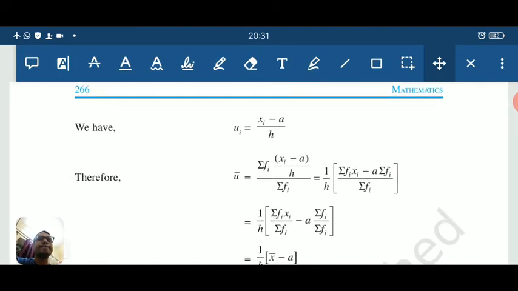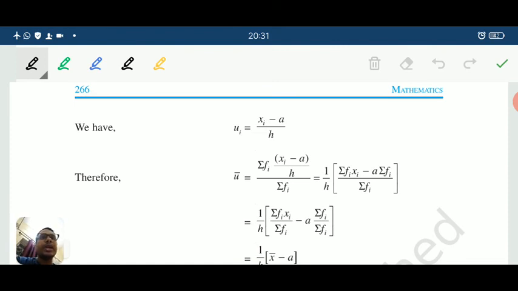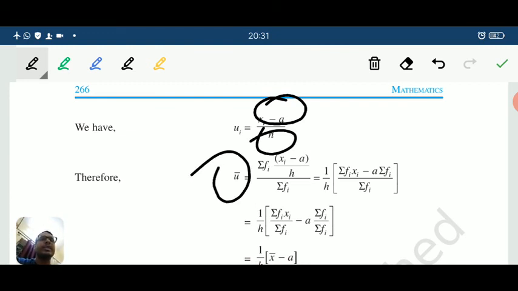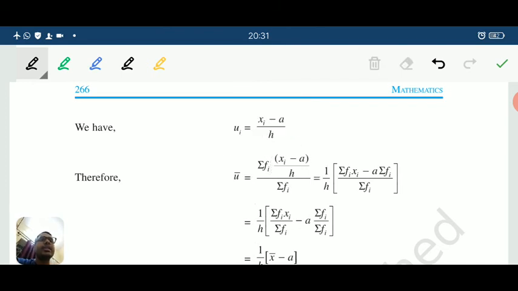See, so ui is equal to xi minus a, that is the deviation, by class size. Alright, so u bar is equal to what? U bar is sigma of fi ui divided by sigma of fi. Okay, so in place of ui we have placed the value which we have got from the table. Okay, and then sigma of fi, and accordingly solving it, after solving you get what? You get